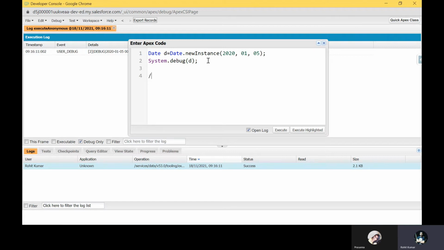This is for date, and this is for time. Today I will finish this basic of data types and some variables. Then we will move slowly to some classes, objects, and methods. Okay, so don't worry about that. So here you can see time, and how to create the time.